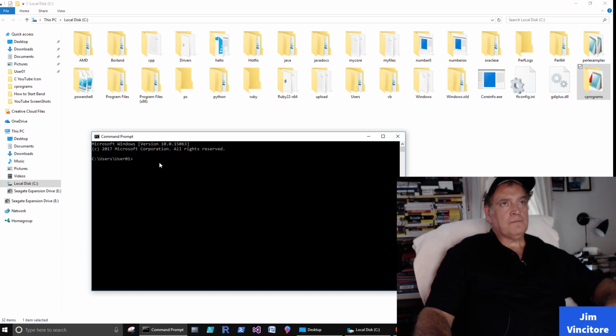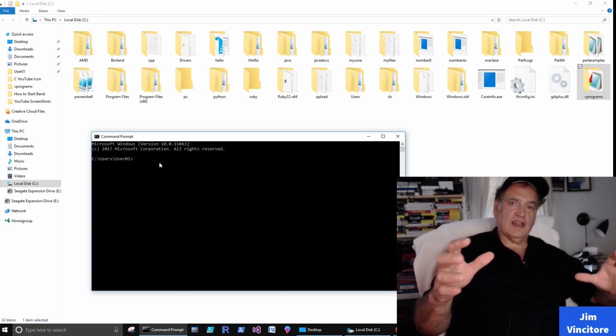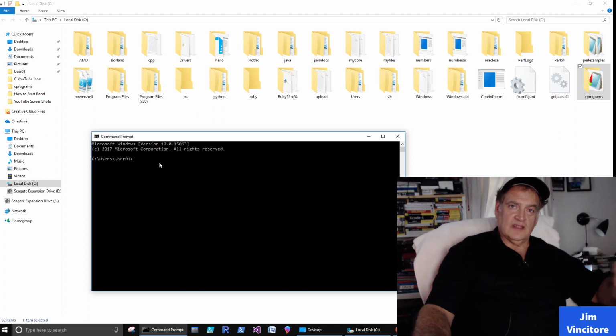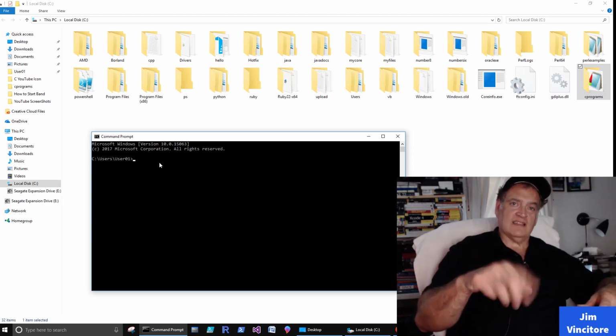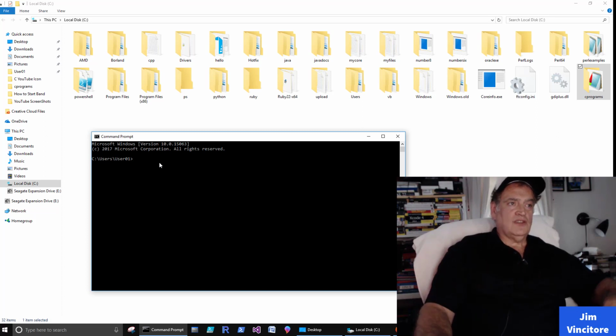Even though most of the programming now is done inside of a GUI application, GUI, graphical user interface, like Word is a GUI. You got buttons and things like that that you click on. You should still get the hang of how to run these things from the command line, because let's say you happen to get a job somewhere and for some reason the boss wants you to use the command line. Well, then you've got a basic understanding of what's going on. Plus,